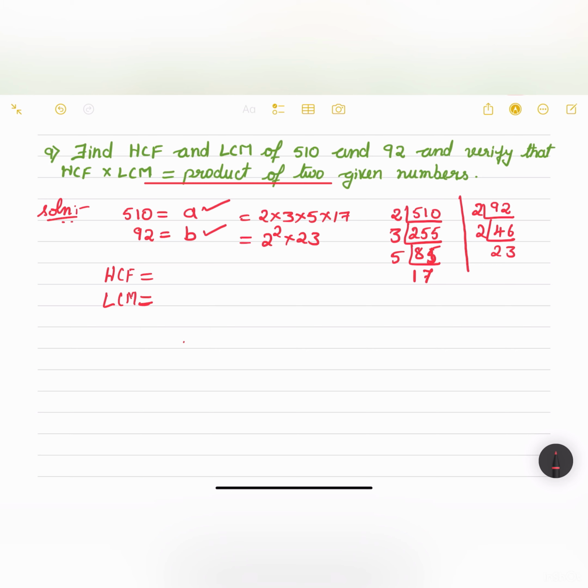Now let us find out the HCF. Highest common factor in this case is just 2, and the LCM of these two numbers is 2 square into 3 into 5 into 17 into 23, and if you multiply all these numbers, we are going to get 23,460. Now let us find out this relation, that is HCF